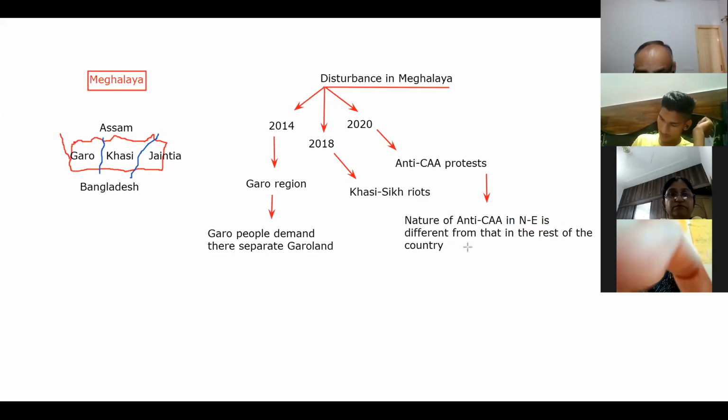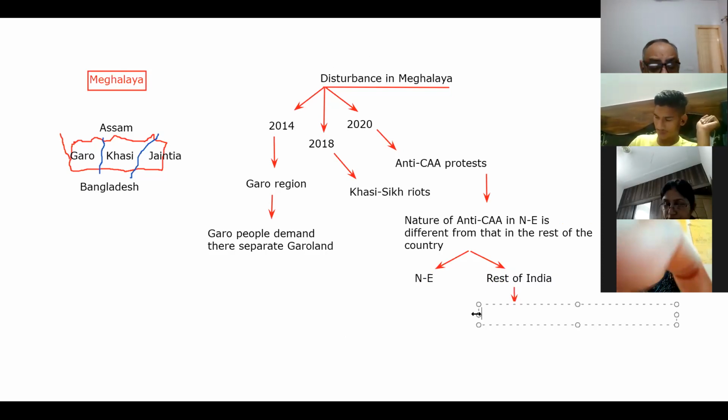So बेटा इसमें अब हम इसको दो कैटेगरीज में डिवाइड करेंगे. Right. So one category is anti-CAA protest in Northeast, and the second category of protests is anti-CAA protests in rest of India. In rest of India, भारत के दूसरे हिस्सों में anti-CAA protest कैसे, right? So as far as the rest of India is concerned, the protesters were mainly against